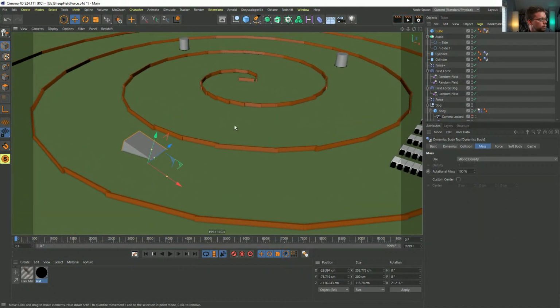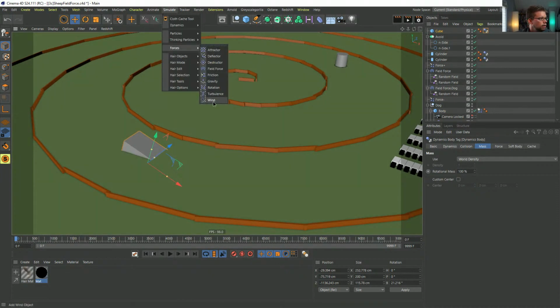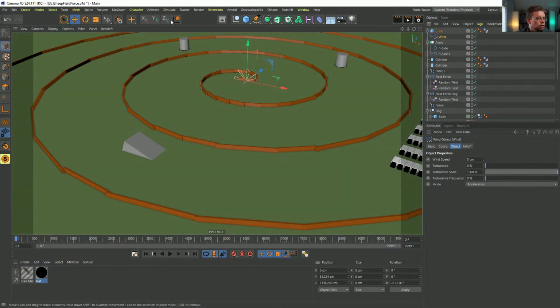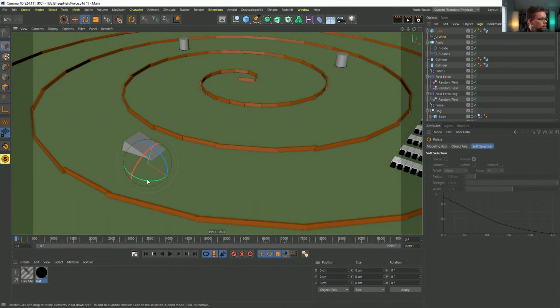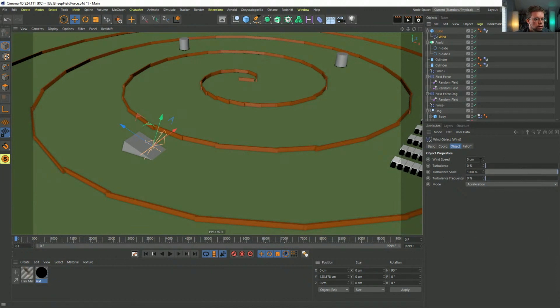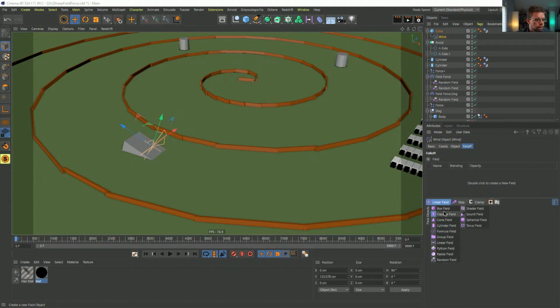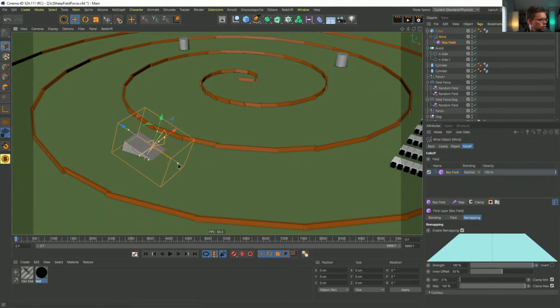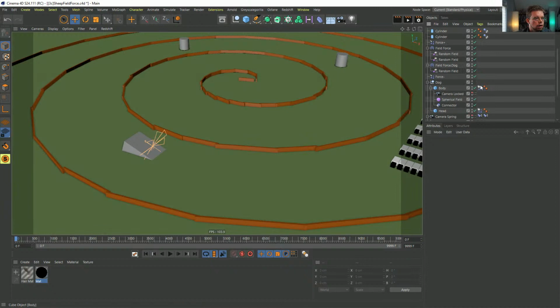And then, I don't know if this is a good idea, but just as a goof, what if we make a wind? I'll make that child of it. Reset PSR. Spin it 90 degrees. Pull it up. So there's a wind, and then we set that to, I don't know, 100. We'll give it a falloff, a box field falloff. So now if a sheep gets in range of it, it should suddenly get an extra burst of wind so it can actually take the jump. The sheep are not excluding anything, I think, so they should see that.